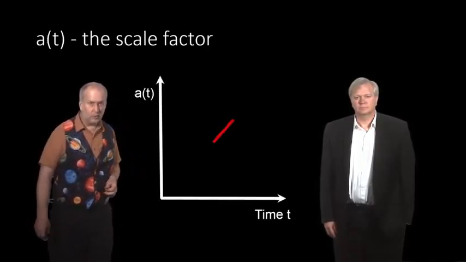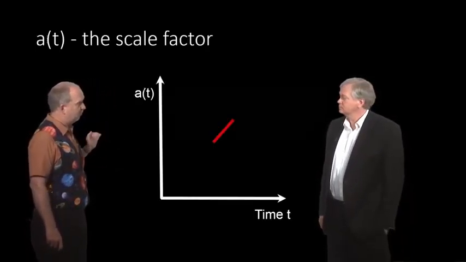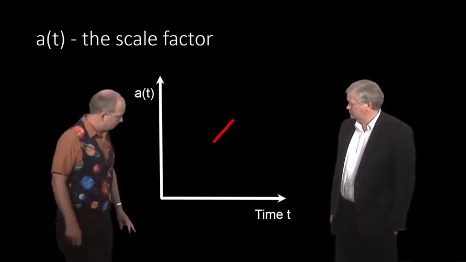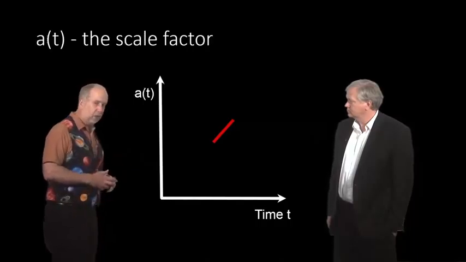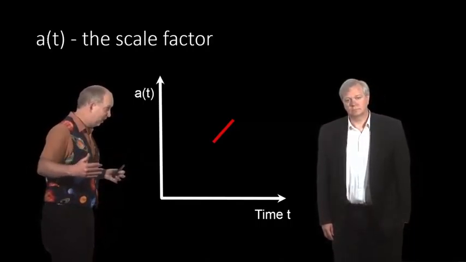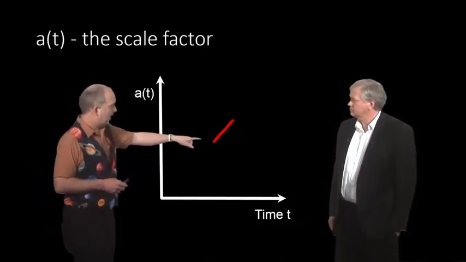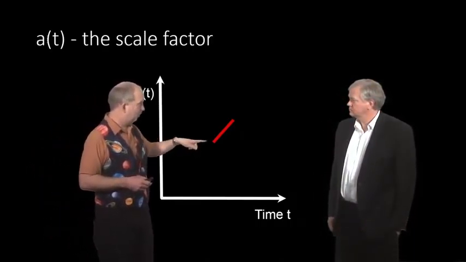Okay, time to use all these bright shining new toys and give us some answers. Now if you remember, what we're trying to do here is look at how the scale factor of the universe varies with time. So we've got time, and this is today, the present, and we can measure the scale factor by looking at the redshifts of distant things, and we can measure how far back in time by looking at the distance, as we've been talking about at great length, and so in principle we can work out the shape